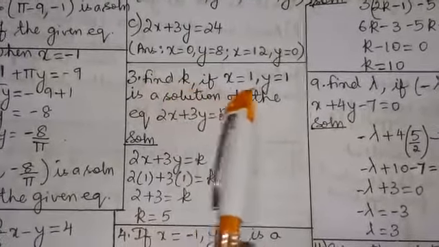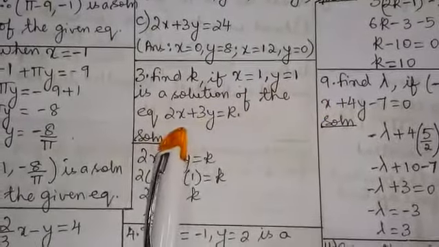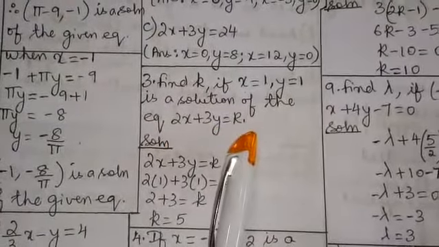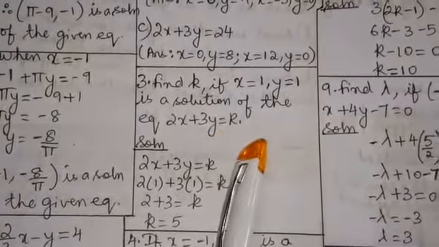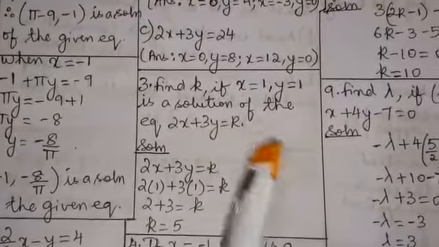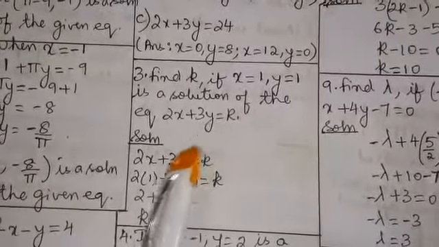Find k if x is equal to 1, y is equal to 1 is a solution of the equation 2x plus 3y is equal to k. We know that a solution to a linear equation will satisfy the linear equation. So take up the linear equation given,